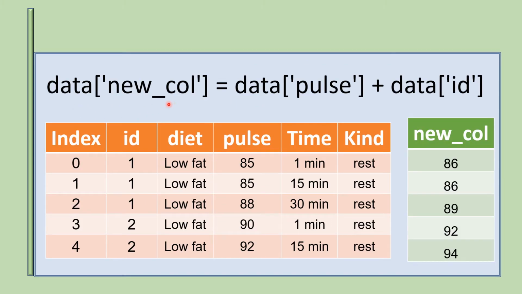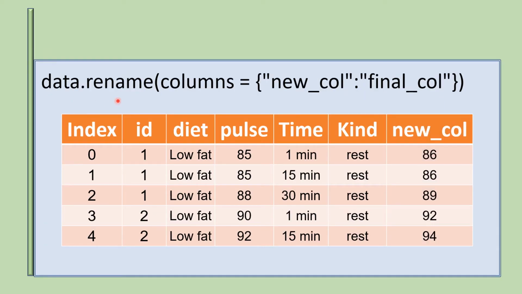Here we are trying to add a new column in the form of new underscore col. So mind you, outside is the name of the data frame that we have written, and inside square brackets is the new column name. And the operation that we are trying to come up with over here is the addition of two existing columns. One is ID, another one is Pulse. In a similar way we define both Pulse plus ID, and ultimately 85 plus 1 is equal to 86. This is how our new column looks. And talking about the placement, the new column gets placed at the very end of the existing data frame.